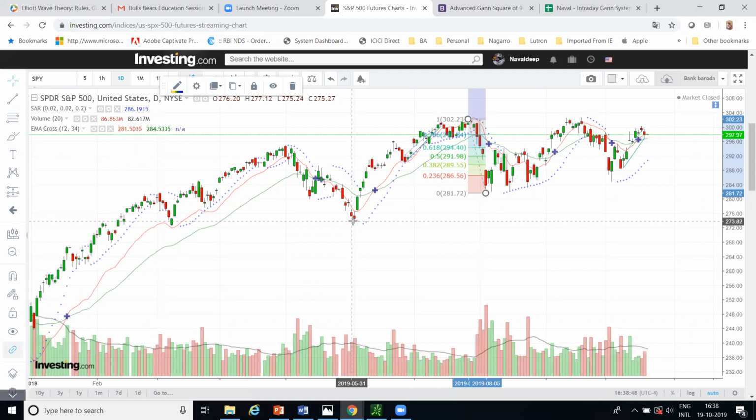Okay. Then you also see a pattern called head and shoulders. Most of you have heard about head and shoulders. Here, this is the head because it's made the top here, and there's one more